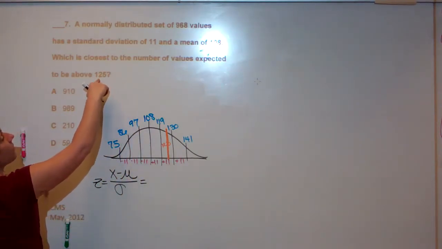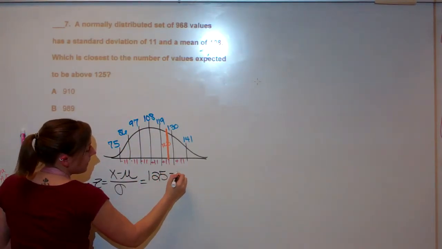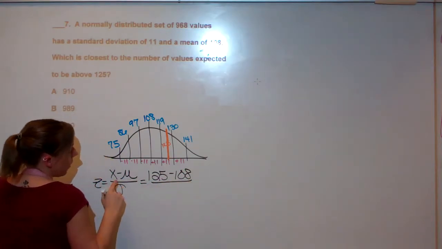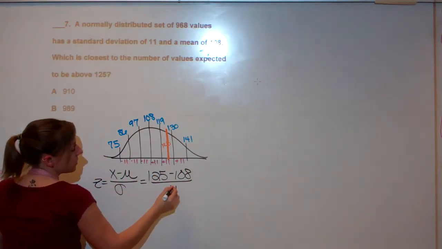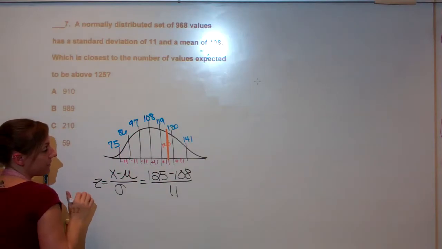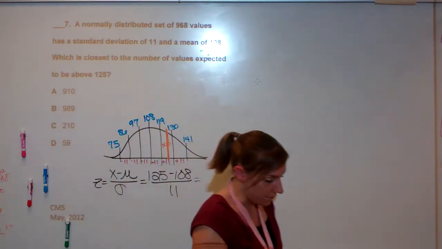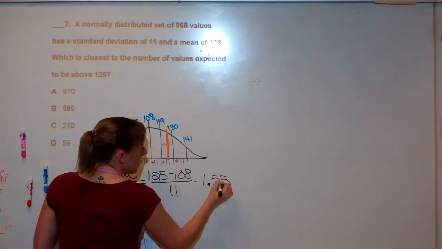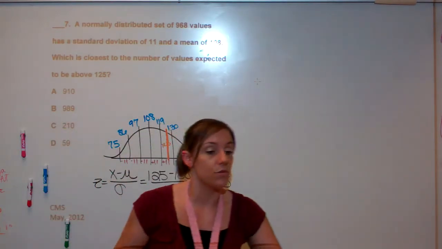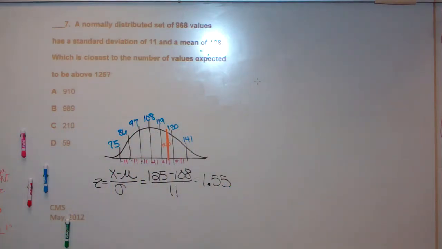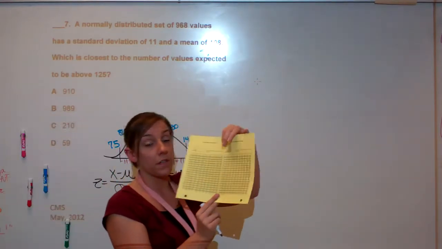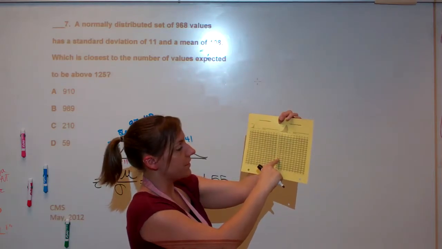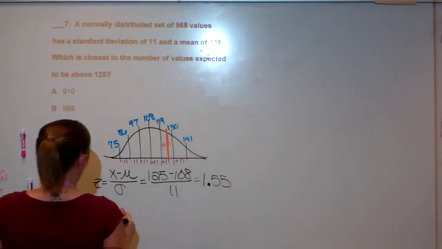So the x that we're looking at is 125 minus the mean, which is 108, over the standard deviation, which is 11. So I'm just substituting all of those in. And I get a decimal of 1.55 if I round correctly. And then remember, this is where you use your formula sheet. Here it is right here. Use your formula sheet. 1.55 is on this side. Go over to 55 and you get